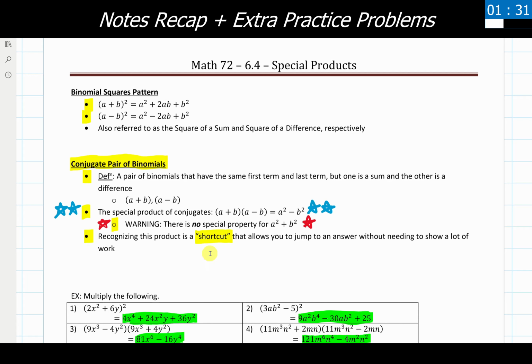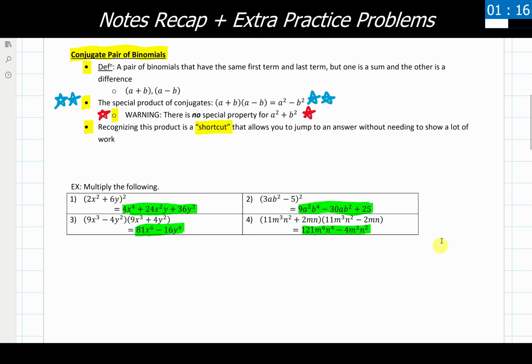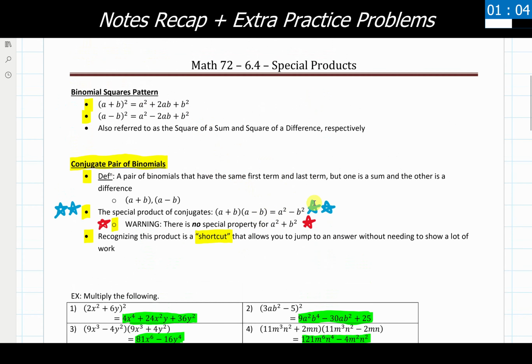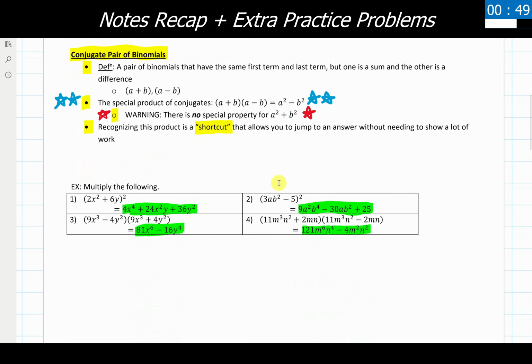You can use everything that we went through in 6.3 to expand and multiply these things out using the distributive property, and you will get to the exact same final answers there that you would with these shortcuts here. We then went through our 4 examples written down here and our processes with those. Again, I would recommend with all of those, get in the habit of substituting things into the final answer form and then going through and calculating what the answers are. Very commonly, people will correctly identify the final answer form, but they'll make an error because they forget to bring a negative in or something to that effect to get to the final answer.